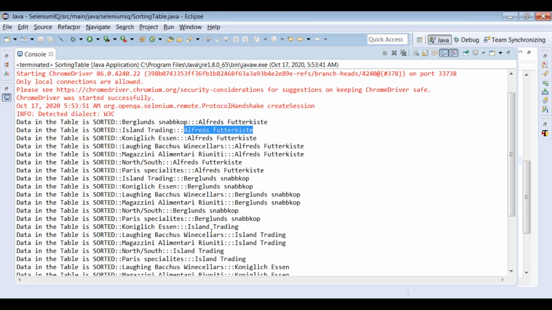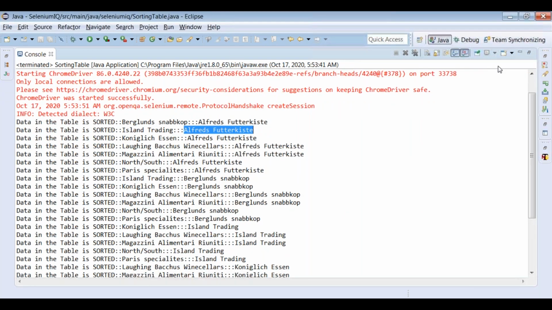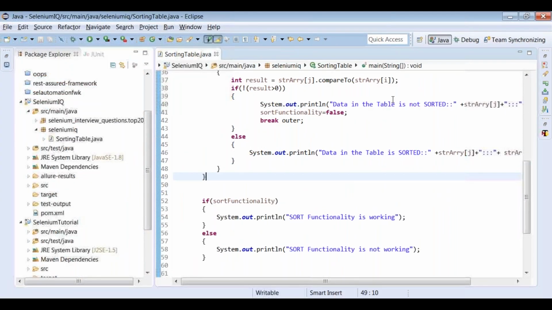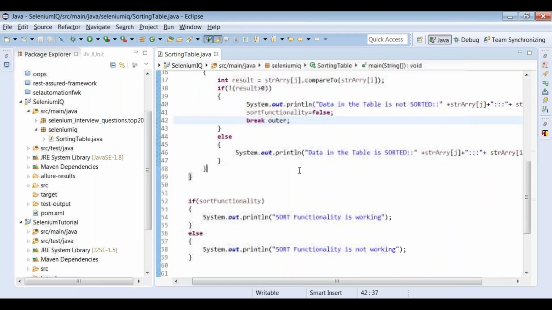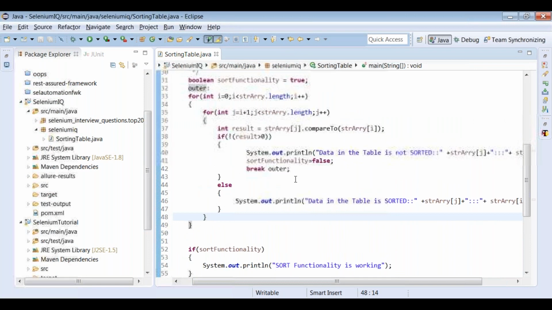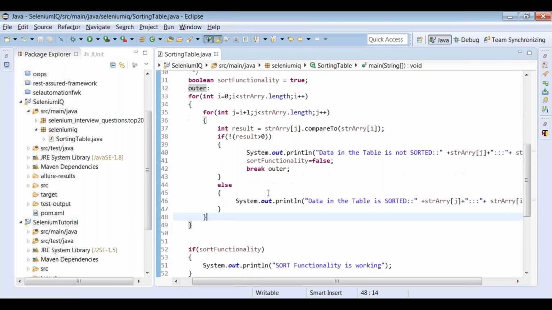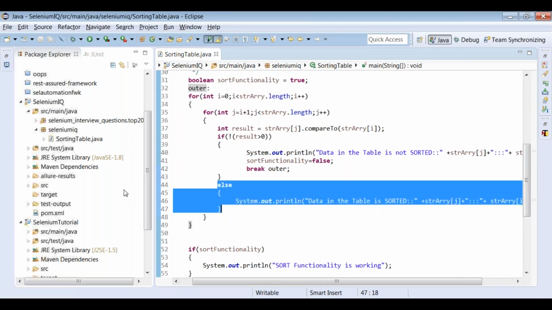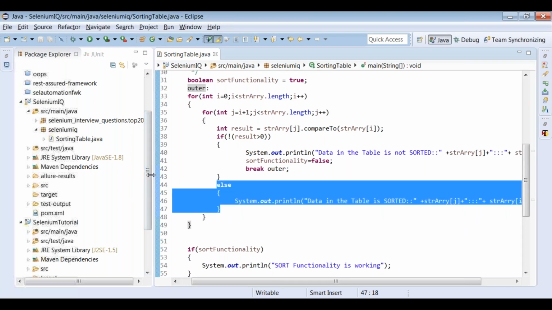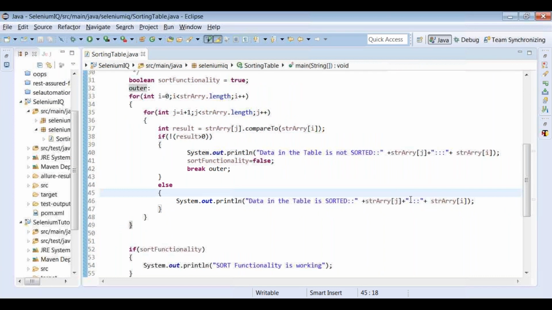But one more important point we have to see here is, let's try to print one more value. Now when you compare J with I, the data is getting sorted and the result is always greater than 0. Then it is going to the else part, and in the else part we are printing the values of J and I.